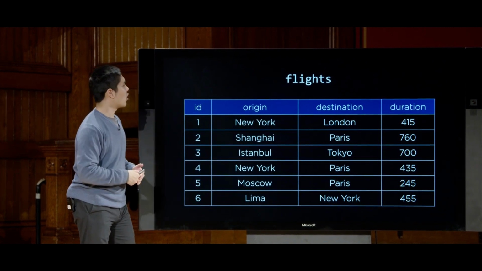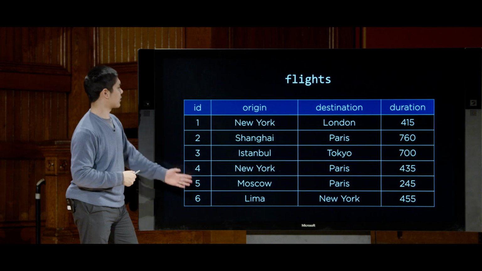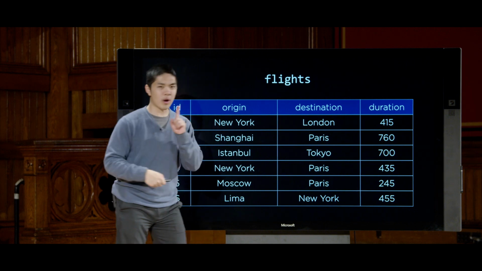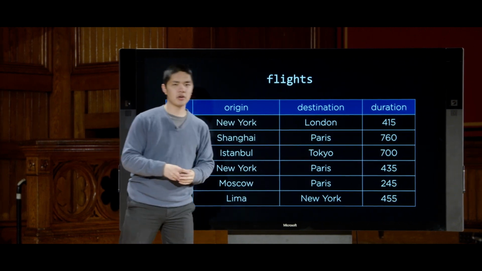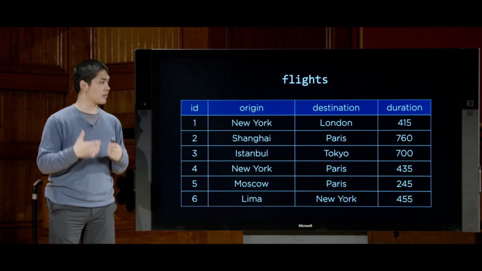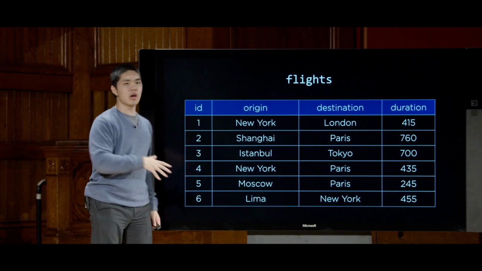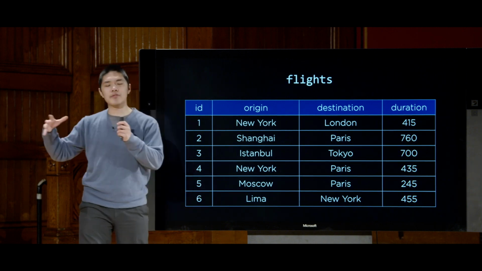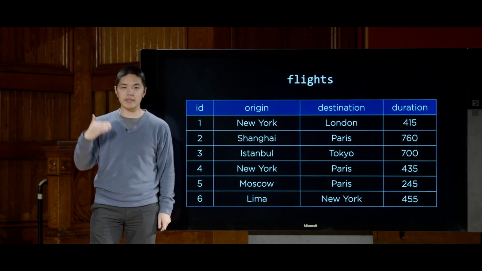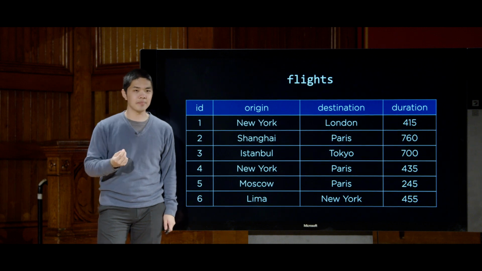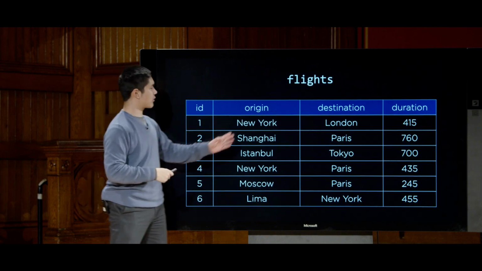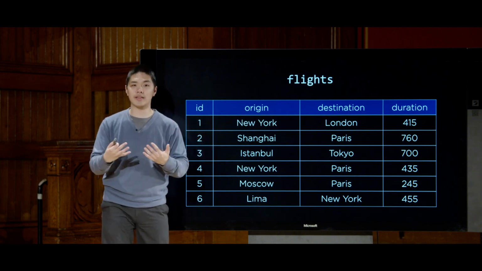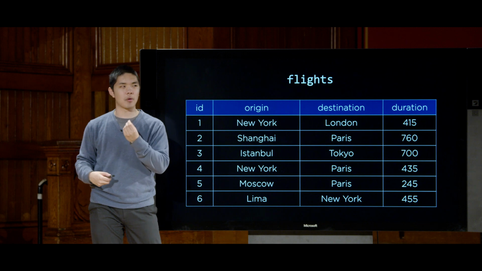And the question becomes, what happens to my flights table? My flights table that here had an ID, origin, destination, and duration, where the type of origin and destination were in this case just text. Text-based data representing the name of the city from which the flight is departing or to which the flight is arriving. Well, now that I have this separate airports table, where every row has its own unique ID, then what I can do is instead of storing an origin and a destination as text, I can store what we'll call a foreign key, a reference to a key in another table,